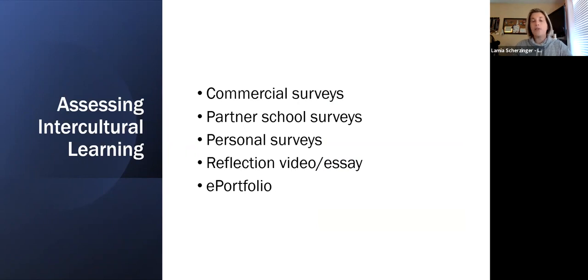And then assessing. There are surveys out there that can assess cultural and global learning that already exist, you don't have to recreate the wheel here. They're out there, they're heavily researched, they're very strong. So you could utilize that.